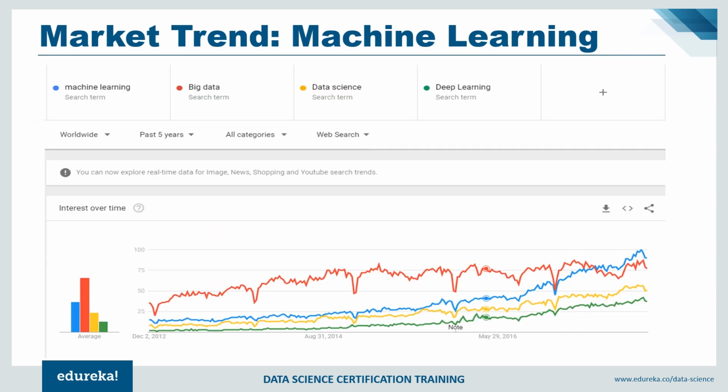So if you have a look at the market trend of machine learning here, as you can see, initially it wasn't much in the market. But if you have a look at 2016, there was an enormous growth in machine learning. And this happened mostly because, earlier we had the idea of machine learning, but we did not have the amount of big data. So as you can see, the red line we have here in the histogram and the bar plot is that of the big data. So big data also increased during the years,